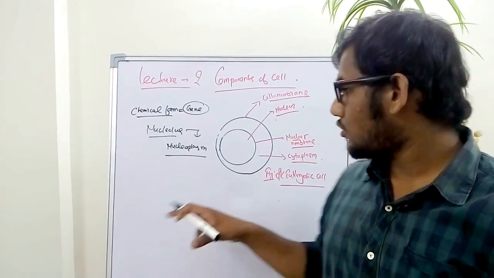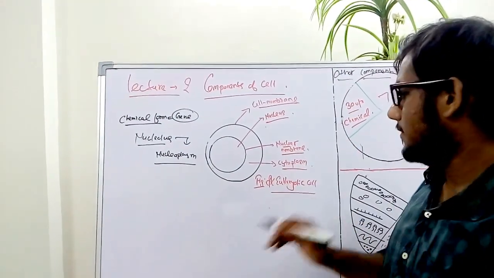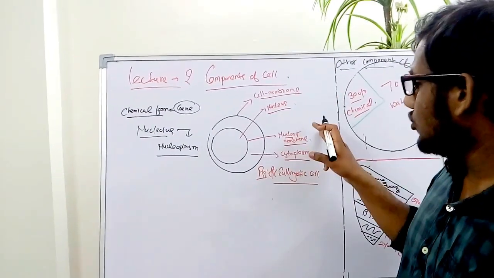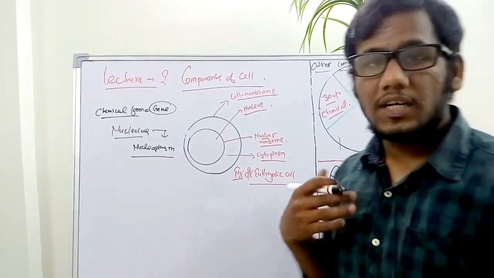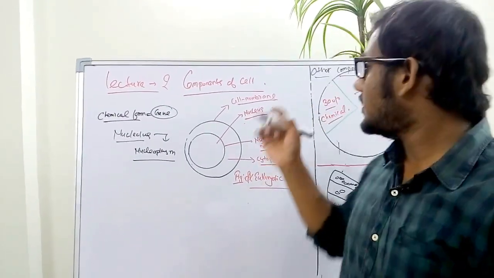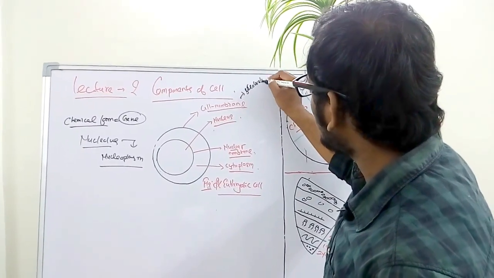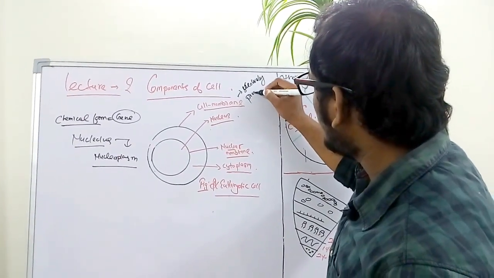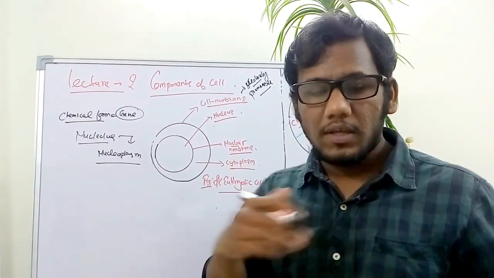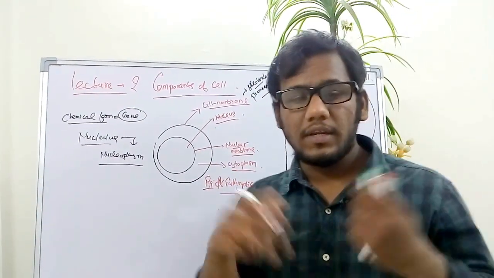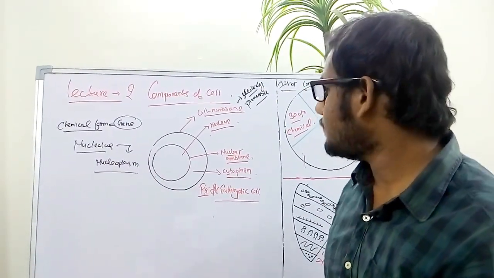And this nucleoplasm is covered by a double membrane structure, the nuclear membrane. So now we have completed the nucleus and nuclear membrane. Now we are talking about the cell membrane. This cell membrane is a double membrane structure. It is selectively permeable. Selectively permeable means it selectively controls the movement of various proteins and solutes in and out of the cell.